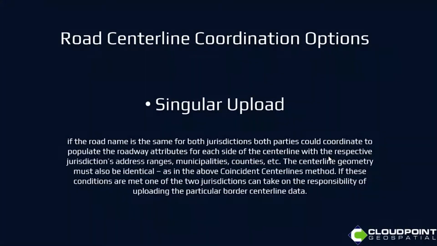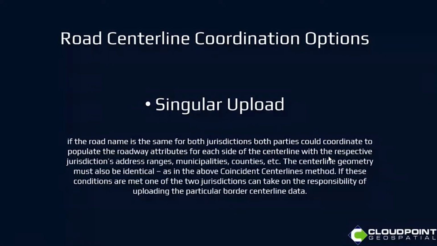All right, lastly, this is a very unique situation where we have a singular upload. In this case, if both jurisdictions have a road center line that runs along its PSAP boundary or provisioning boundary, and they use the same name for that road segment, we're going to be using some contingencies to allow us to use this. If it has the same road name for both jurisdictions, then you can coordinate